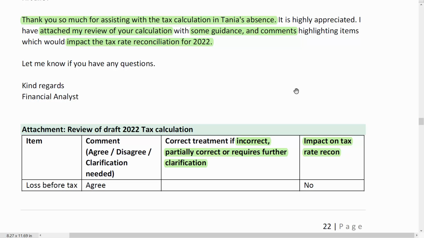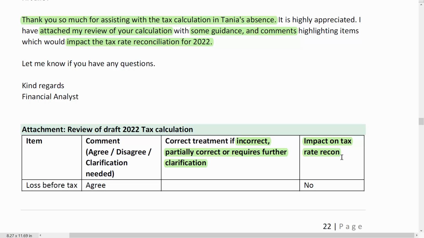The candidate then presents the attachment, noted as the review of the draft 2022 tax calculation. It's presented in a tabular format with the item from the taxable income calculation. The candidate then notes whether they agree, disagree, or require further clarification, then notes whether the treatment is incorrect, partially correct, or requires further clarification, and what then the impact would be on the tax rate recon is dealt with